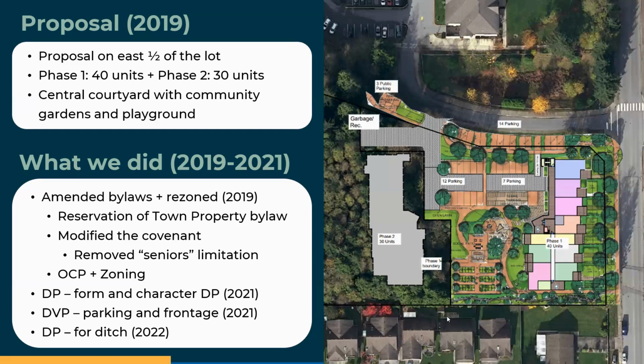So what we did to get this in place is we had to amend a bunch of bylaws. We had to rezone the site. So we had to remove the seniors limitation in that covenant. We had to remove the seniors limitation in the reservation of town property bylaw to allow generally not-for-profit housing. And then we did an OCP amendment and a zoning amendment to change the land use designation to high density